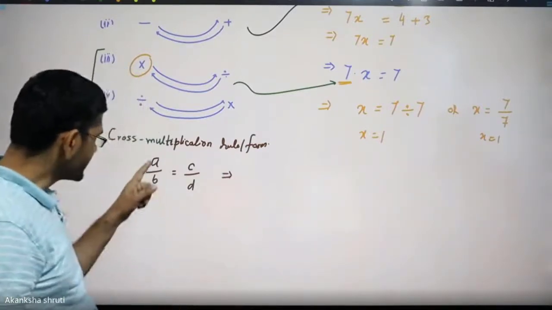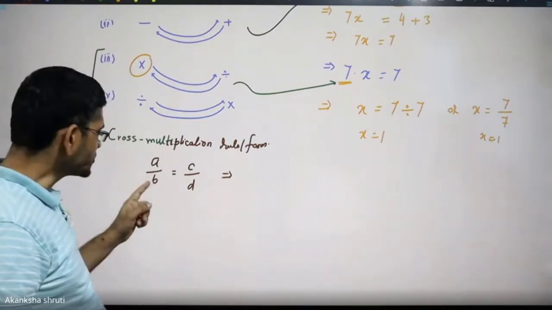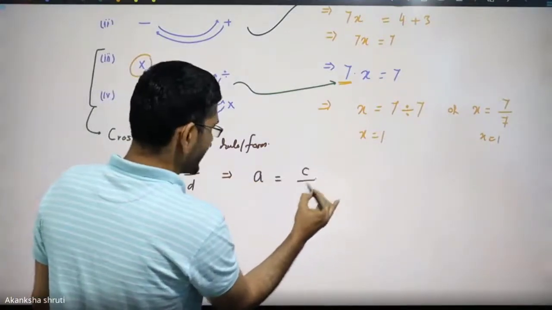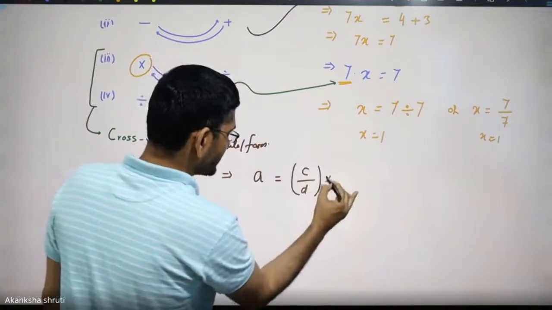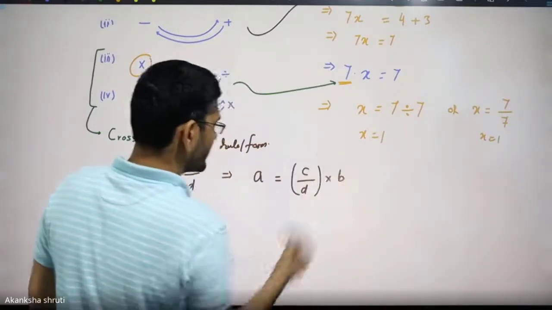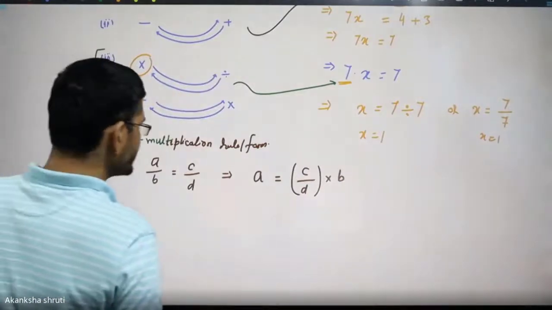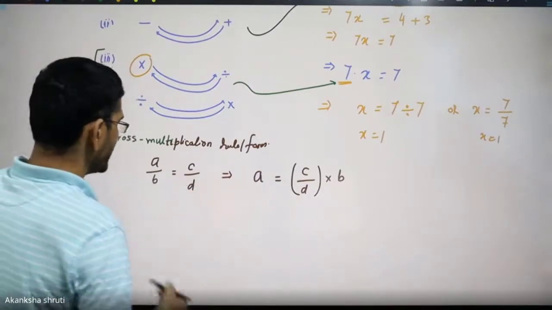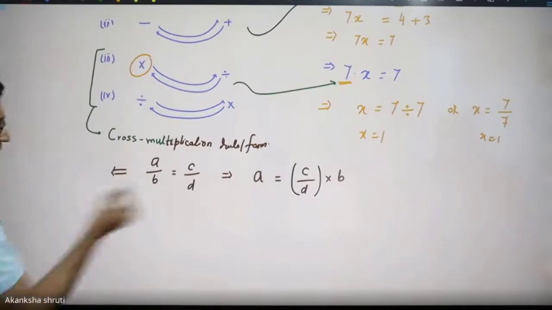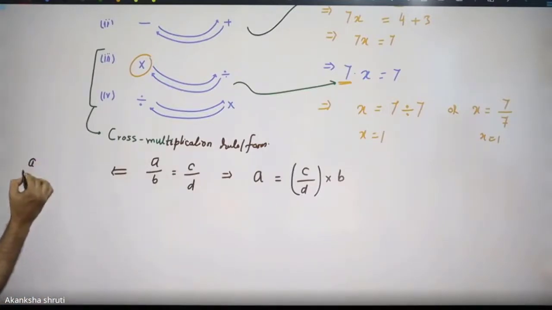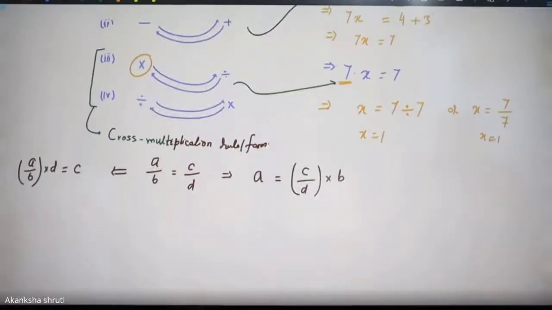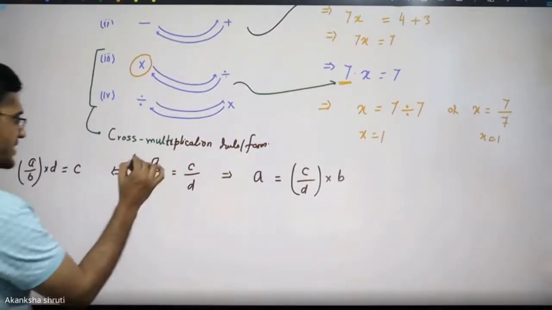it simply means A divided by B. I want to get rid of this B. Whatever this ratio c by d was, it will come in multiplication with B. Students, if you want to get this C, then keep this A by B as it is and multiply it by D, and you will get the value of C. Okay, it is this one. Another thing: we started with this one.